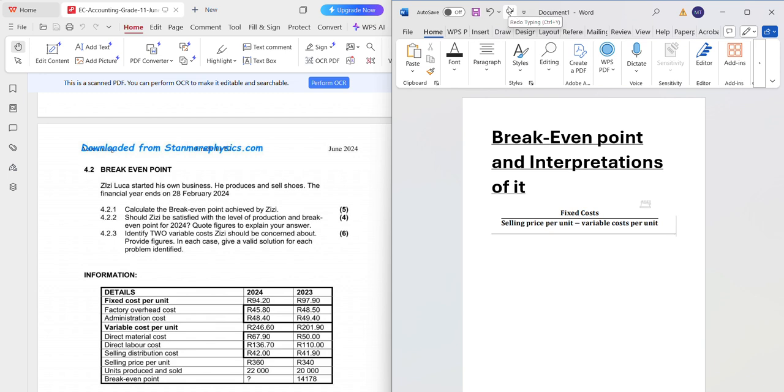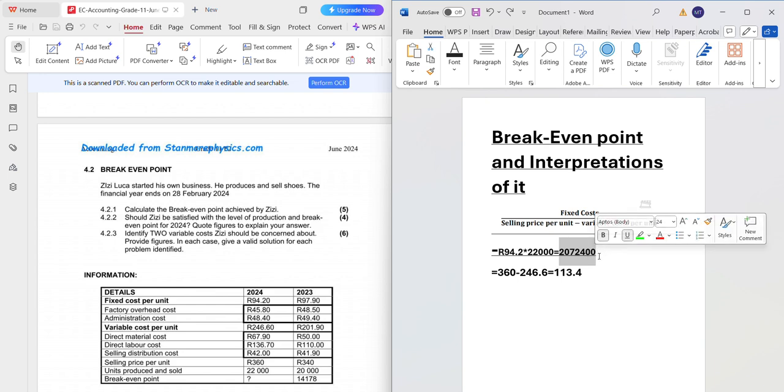So we produced 22,000 units. So we are going to take 94.2 multiplied by 22,000. We will get the total fixed cost. This is our answer, 2,072,400. Then to find the selling price per unit minus variable cost per unit, we have to check our selling